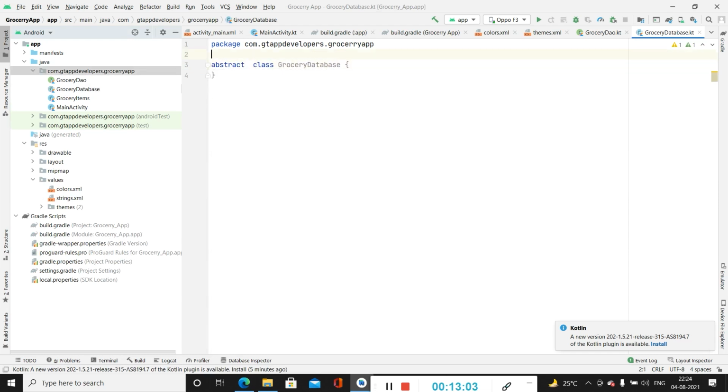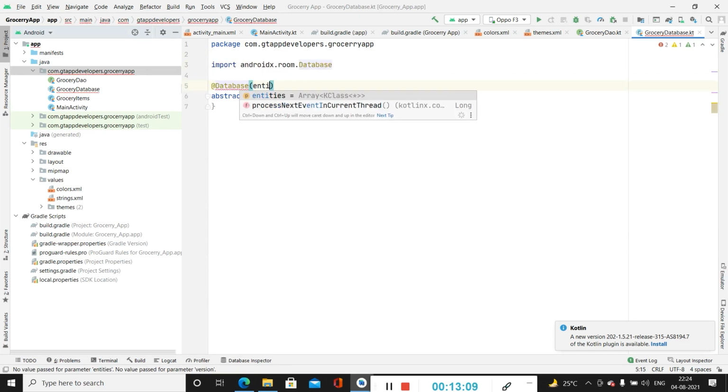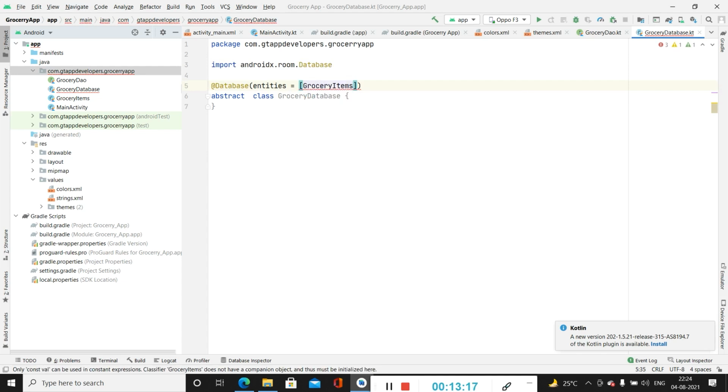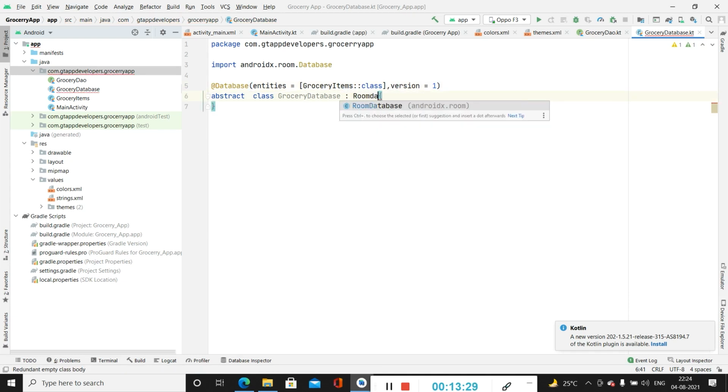So we will be adding it as abstract class. After that we will annotate it as a database. Inside this we will be specifying entities, that is the grocery items. Then we will be specifying version as 1. Now we will extend this class with our room database.